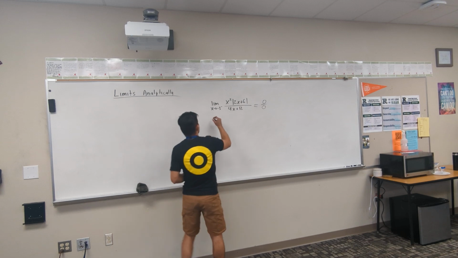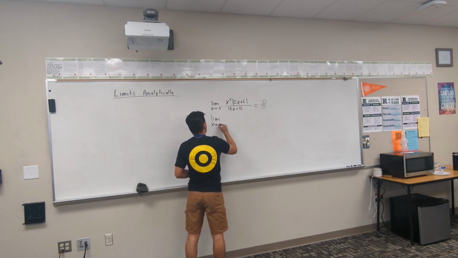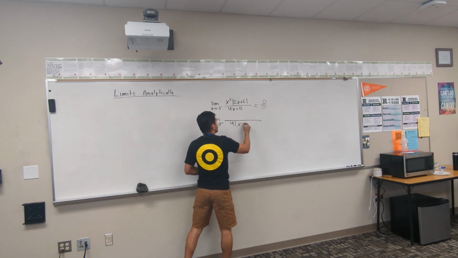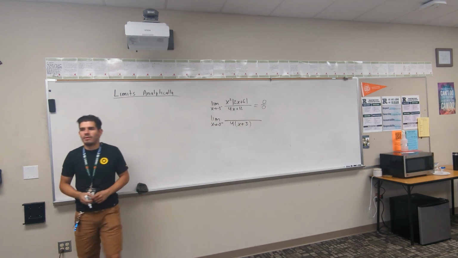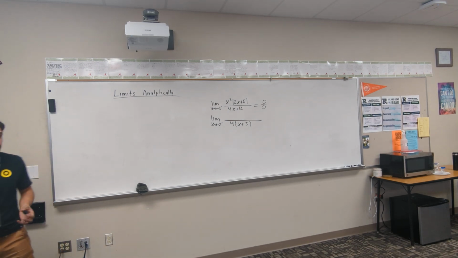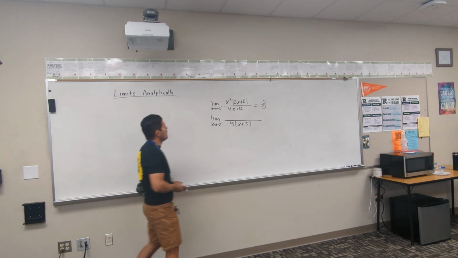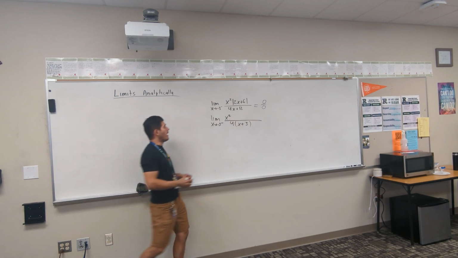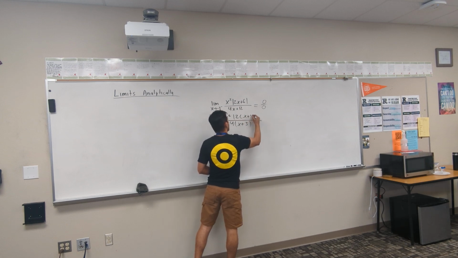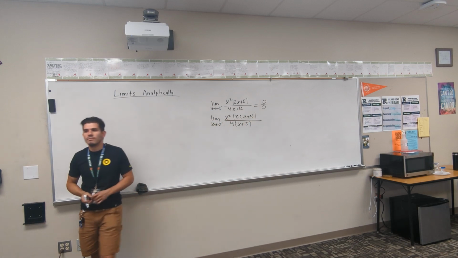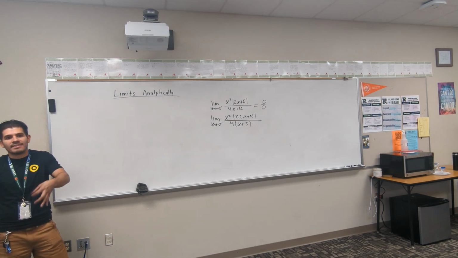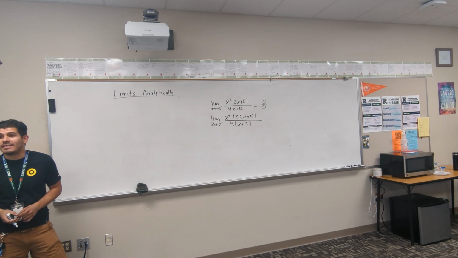Let's do it. Limit as x approaches -3 from the left. The denominator factors out into 4 times x plus 3. That kind of makes sense that it showed up, because if I'm plugging in -3, that's what happens, right? Okay. Here's how you fix the whole idea of the absolute value. You ready? Do you agree that on the inside of the absolute value, I can factor that out and it becomes this? I cannot cancel the x plus 3s as it stands right now because one of those x plus 3s is on the inside of an absolute value function. So I need to get rid of the absolute value.